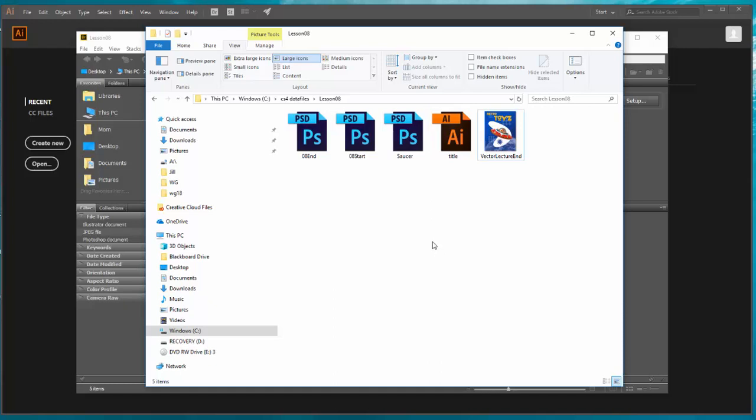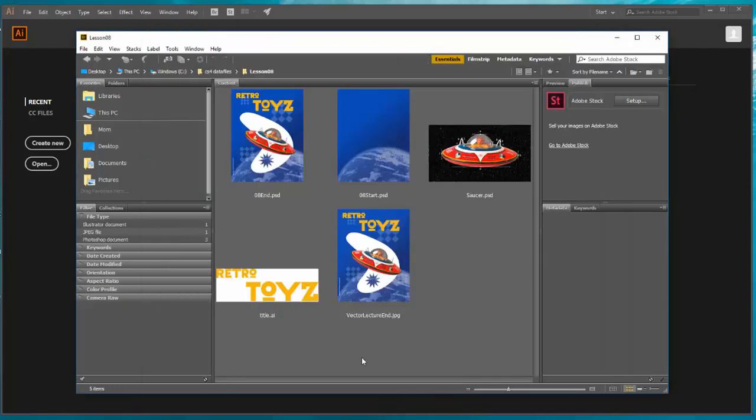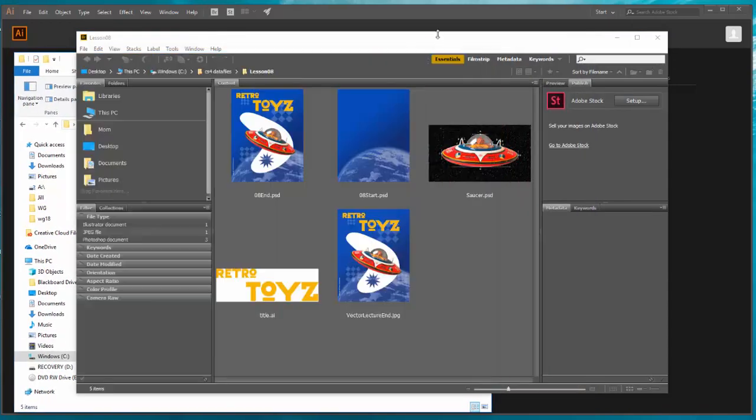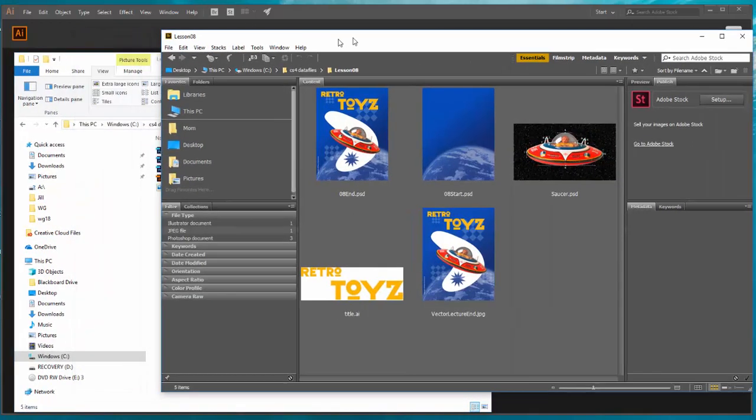So Adobe has its own product which is very similar to this. It does basically everything that Windows Explorer does, and it's called Adobe Bridge. The big difference is that Adobe Bridge does render Photoshop files or any Adobe files that'll render. So I'm going to put that up again. I'm going to change this to details so we can see the files. This is exactly the same folder